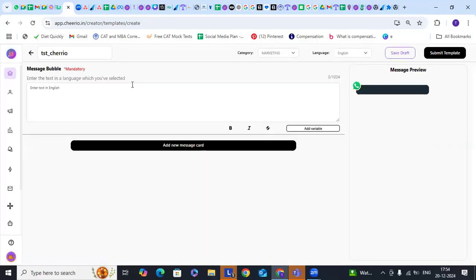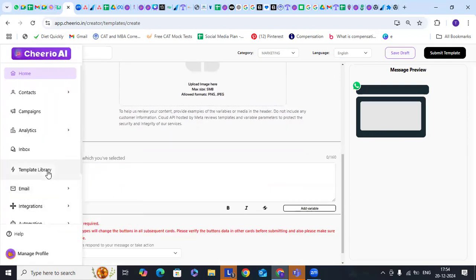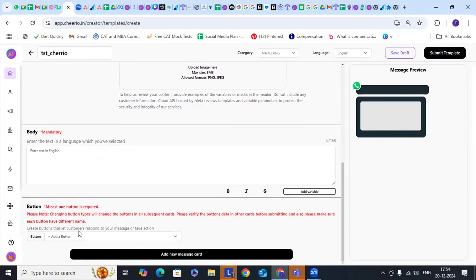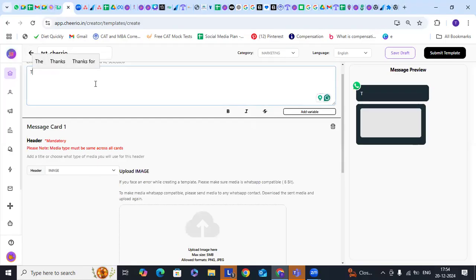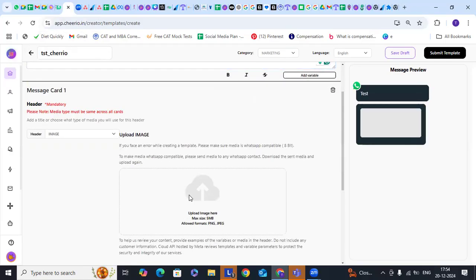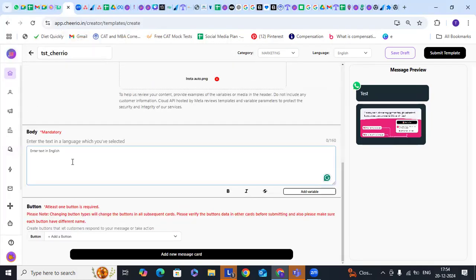Here, the carousel template has a format. The format is that there is a bubble at the top. There is a message card where you can attach a picture, you can attach a body, and you can give a button. So suppose I'm giving an example here, you can upload an image here like this, write the text here, and you can put a button.